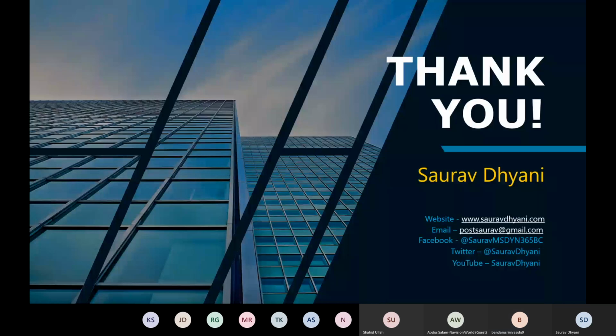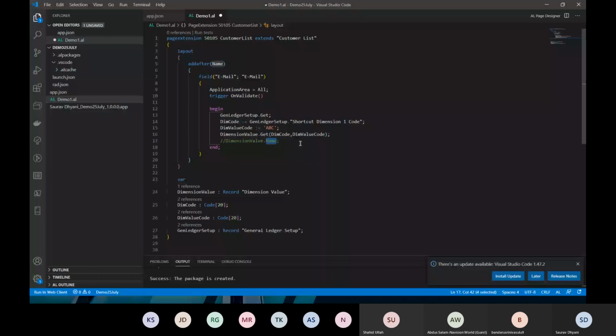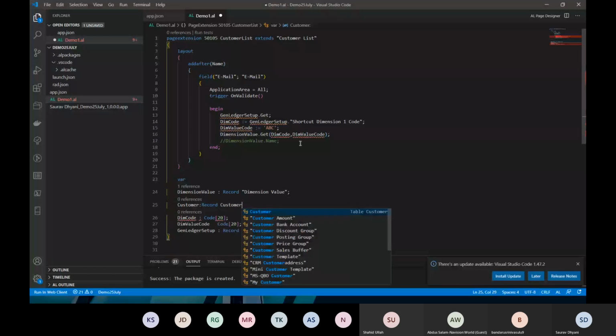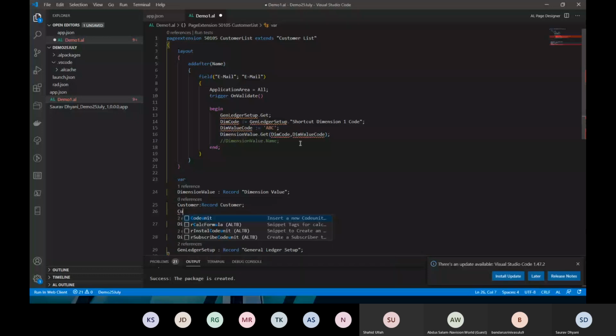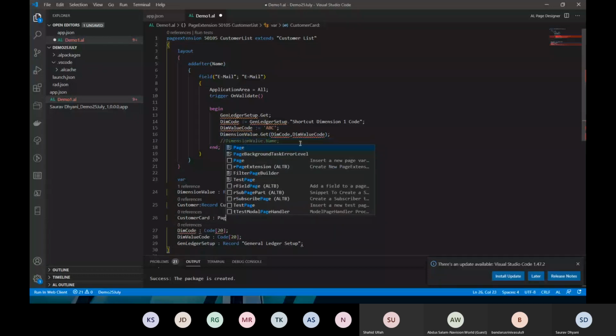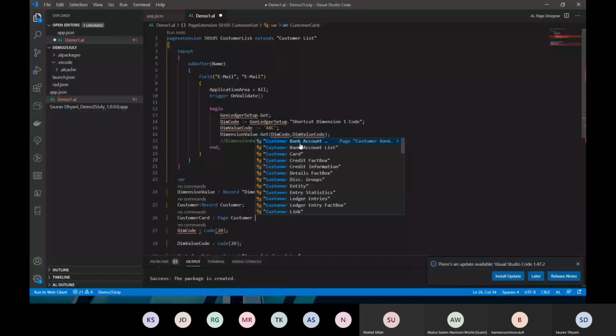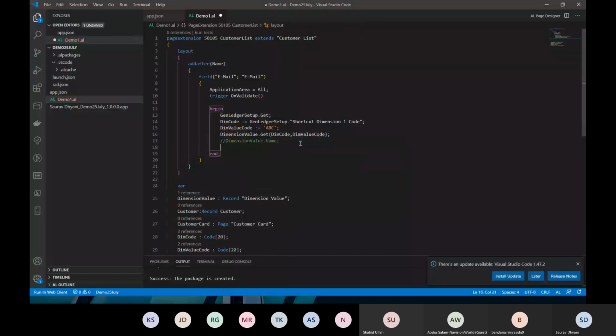Yeah, open the card from the code. That's not a problem. Let me think. There is a possibility that you can use to load a card page or a list page. So let's say I have to open my customer card. This is my record for the customer table, and this is my customer card, which is pointing to my page, Customer Card. And then you can always, on your action,